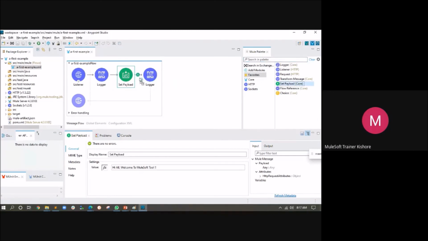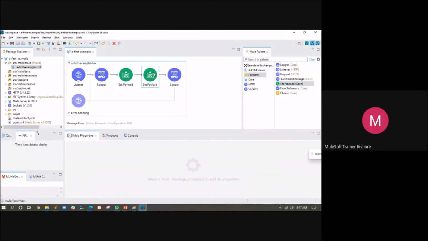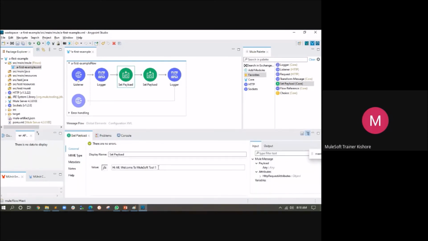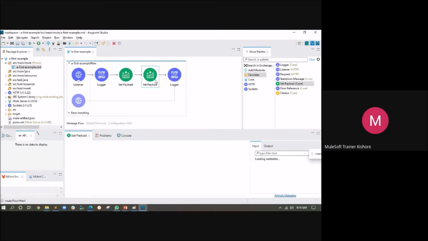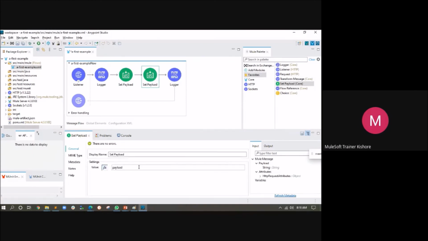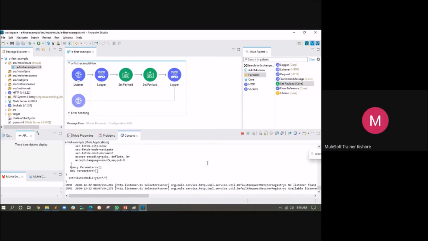You can use as many set payloads as you want, and I was configuring two set payloads. So here I am updating this one more time, saying this time, hi all, welcome again to MuleSoft tool. My application is in running mode.